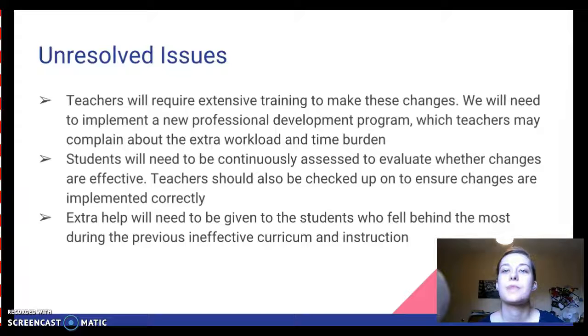And then I think extra help is going to need to be given to the students who fall behind the most, because I'm sure some would be doing better